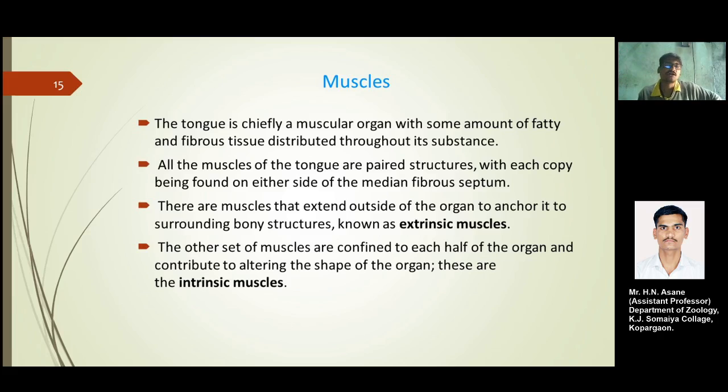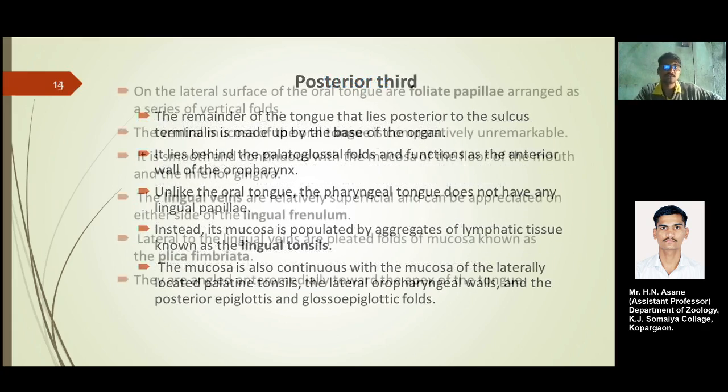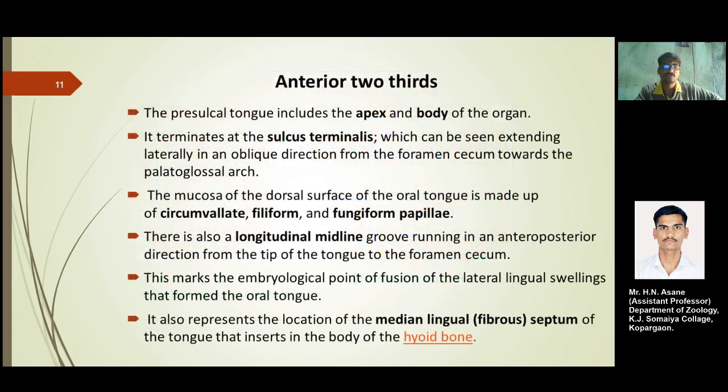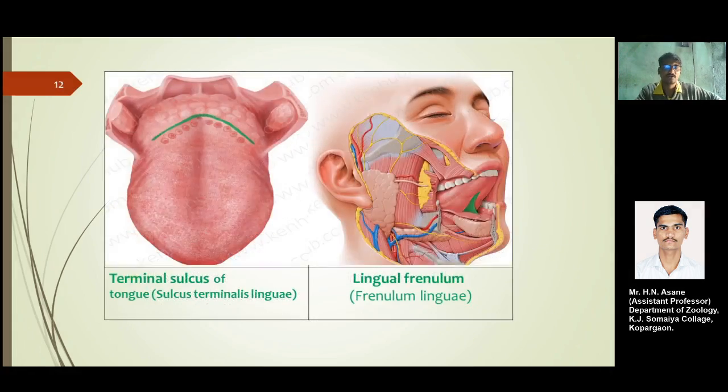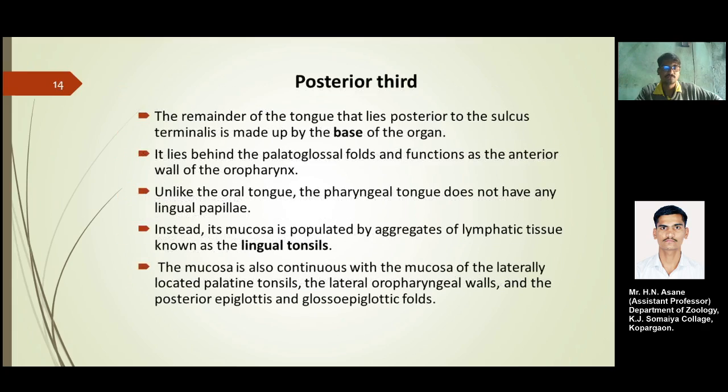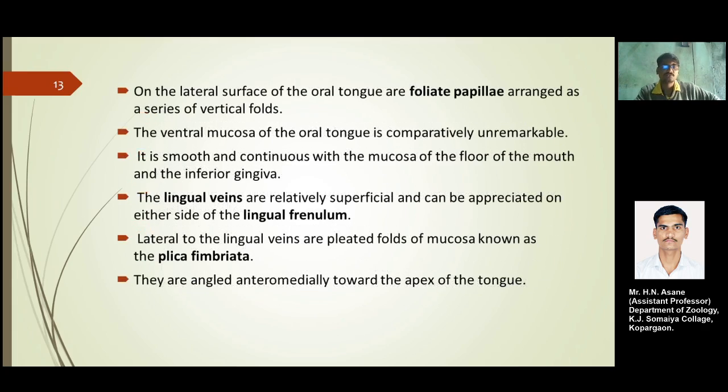In that we have started with the tongue and we are about to complete this topic with the muscles topic. Okay, so we have studied the various features of the tongue at two sides, that are the anterior and the posterior side. Okay, so we have studied the four types of the papillae, that will be the foliate